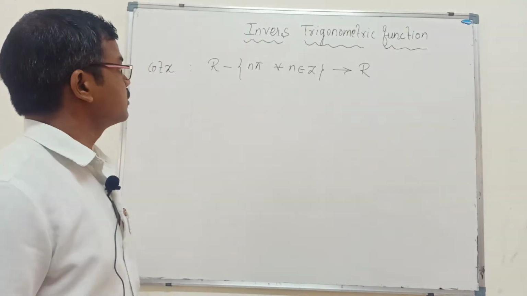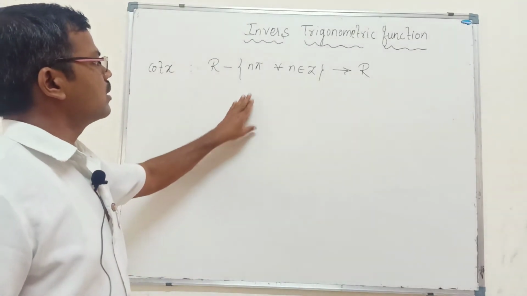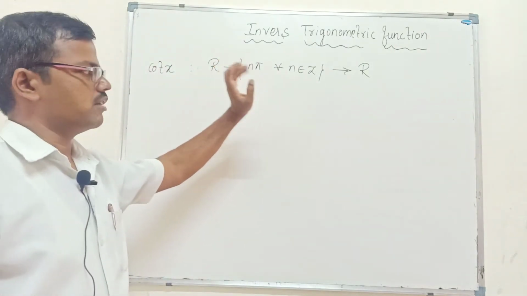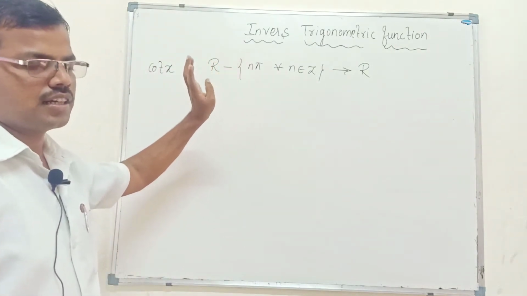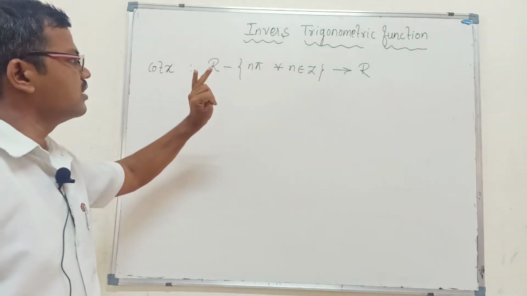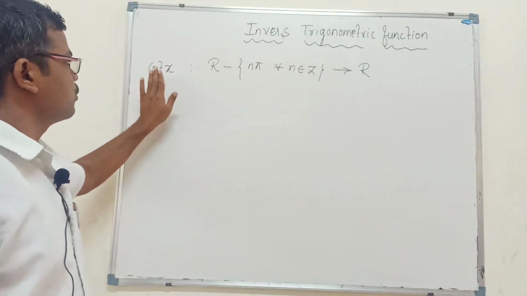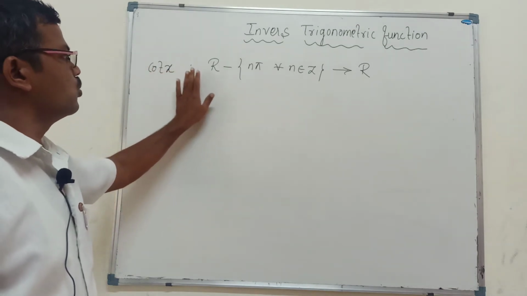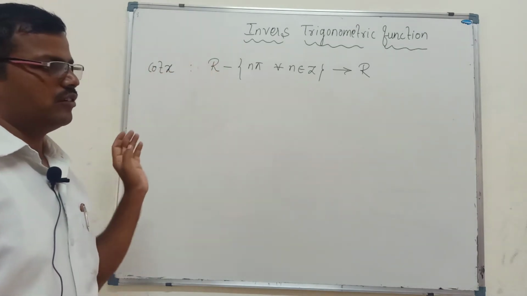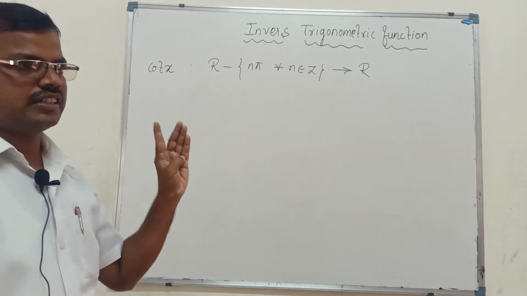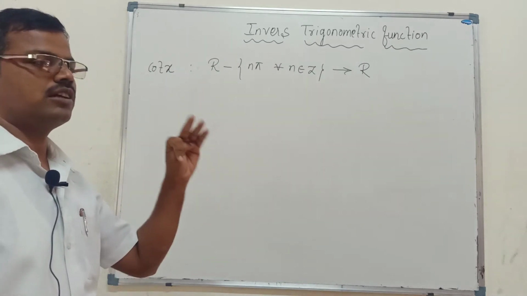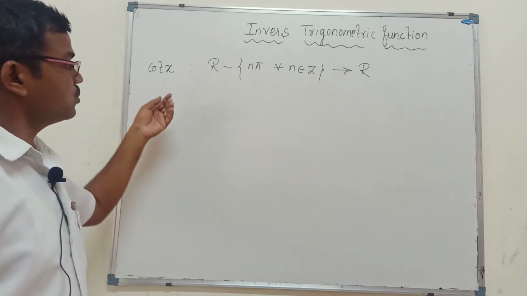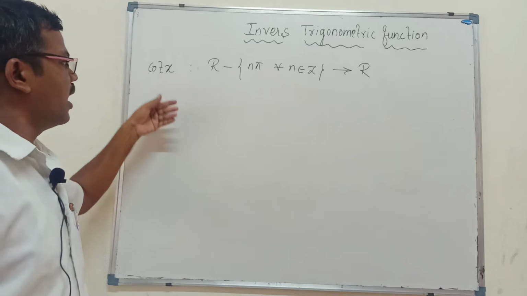Good morning, students. Let me come to the inverse trigonometric functions. We have already discussed sine, cos, and tan. Now let me start with the fourth trigonometric function. We have to study the inverse of this fourth trigonometric function. We have already seen for sine its inverse function, its domain, range, and principal branch range. Similarly for cos and tan.